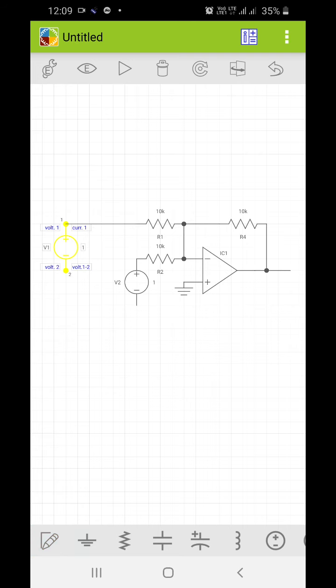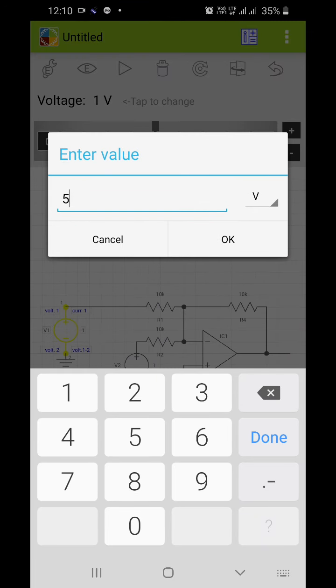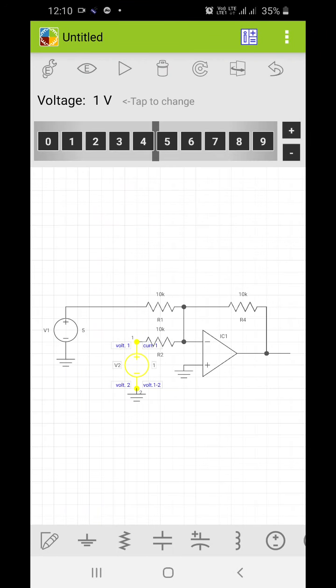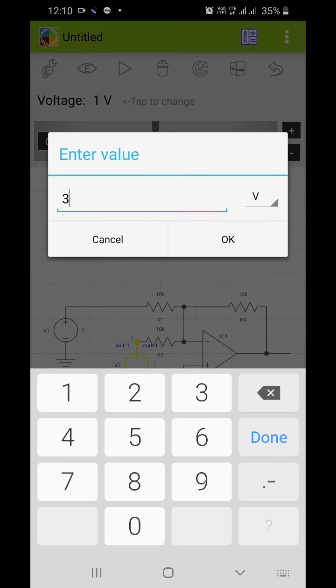Now I will change the values of this voltage source. I will take one as 5 volt and the second as say 3 volt.